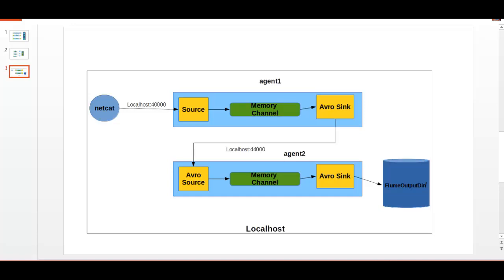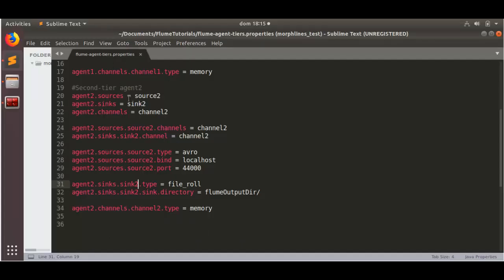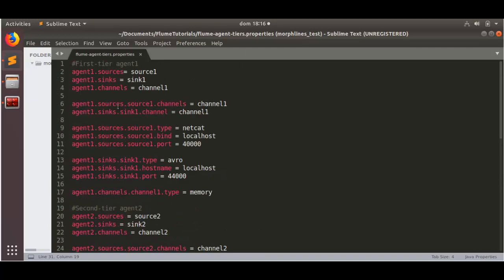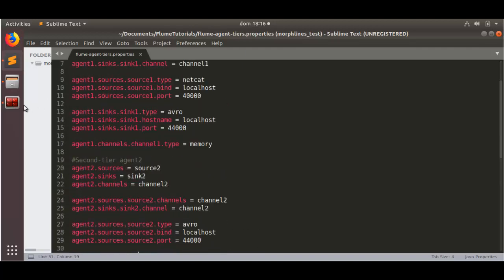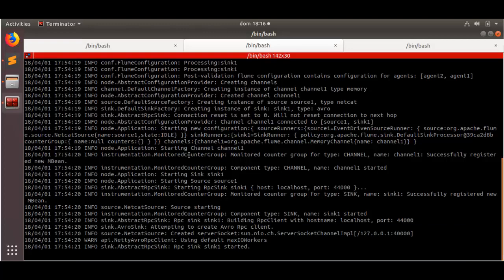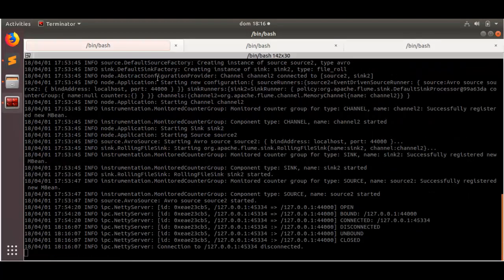If you remember, in a previous video I showed you how to display agents in tiers. As you can see here, we had two agents, one in the first tier, which was agent 1, which sent some events to agent 2, and the property file was this file composed of two agents in two tiers, and I ran these two agents